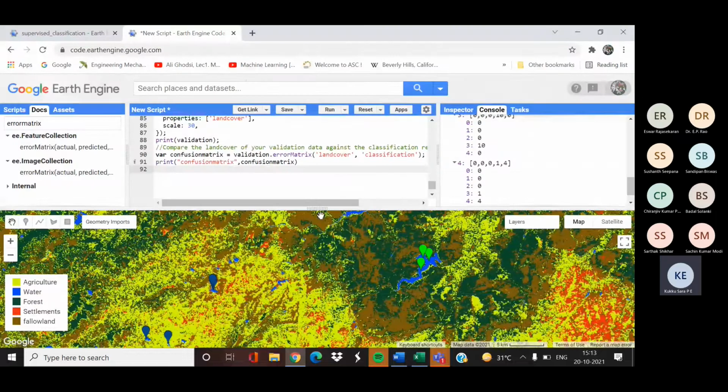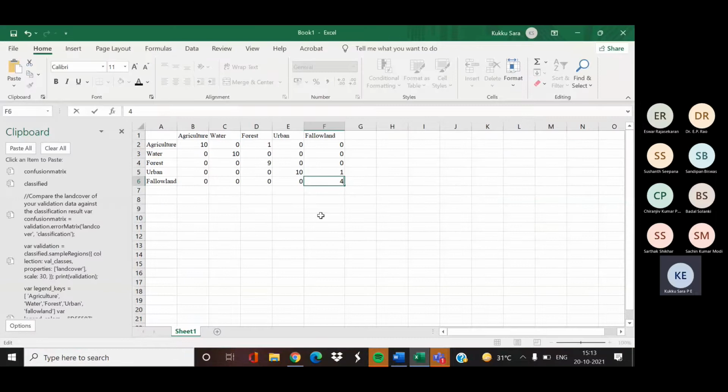From this error matrix, we can calculate many other statistics which give the accuracy of our classification. Firstly, we can calculate the overall accuracy of our classification. This is calculated by taking the ratio of the total number of correctly classified pixels and the total number of reference pixels we have used.